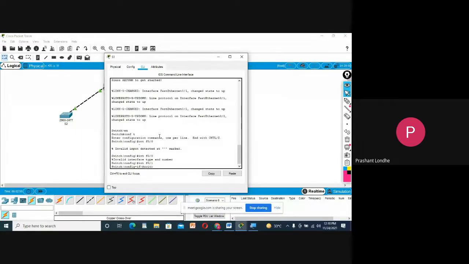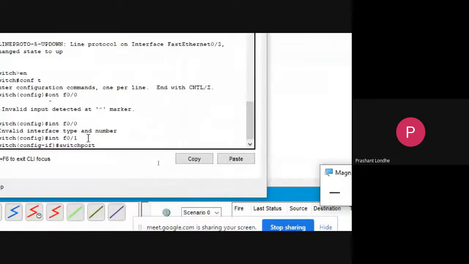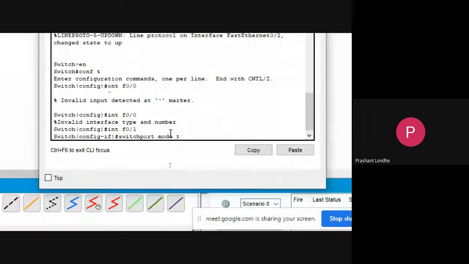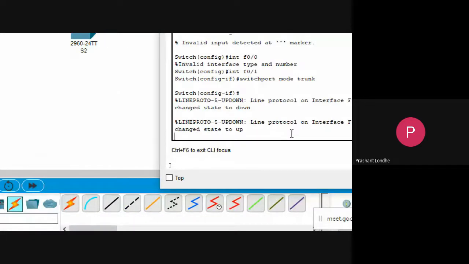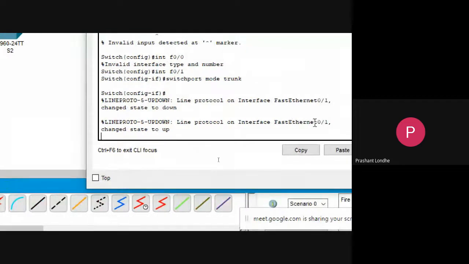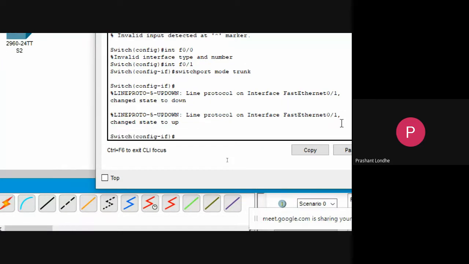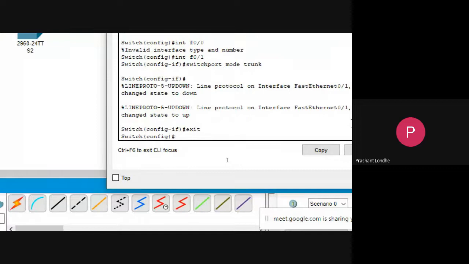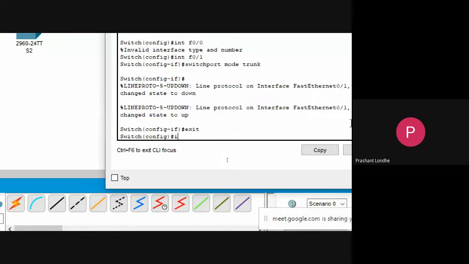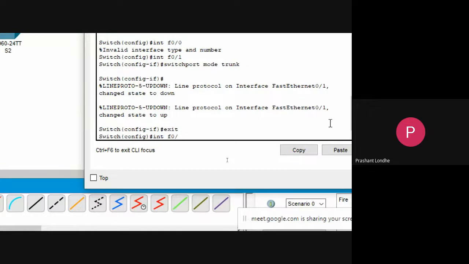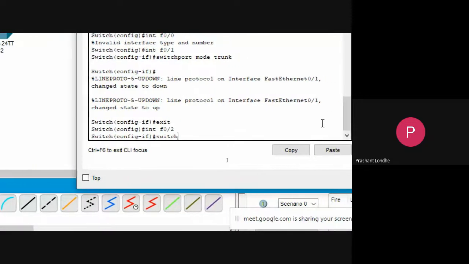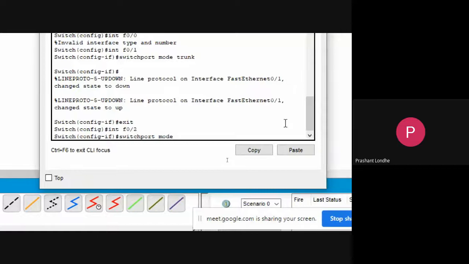So switch port, just remember this thing, switch port mode trunk. So here you have implemented the trunking protocol with this one command. Switch port mode trunk. Later on I will do the same thing for the next connection, that is interface F0/2, switch port mode trunk.